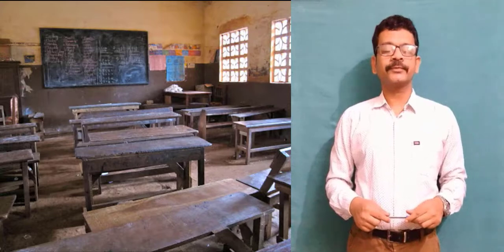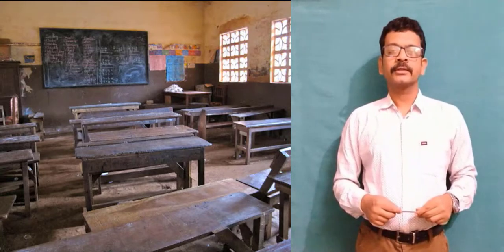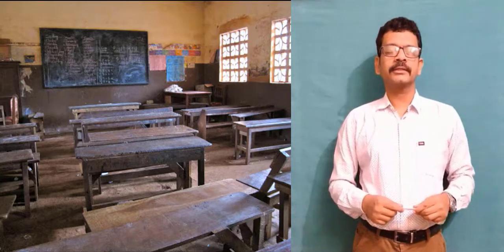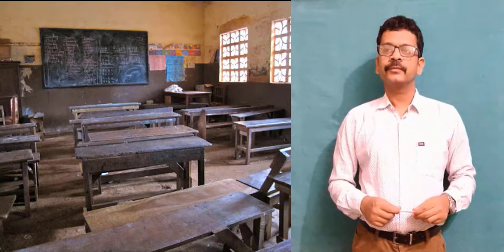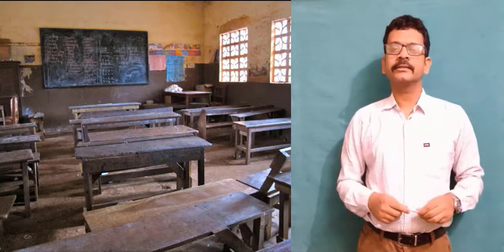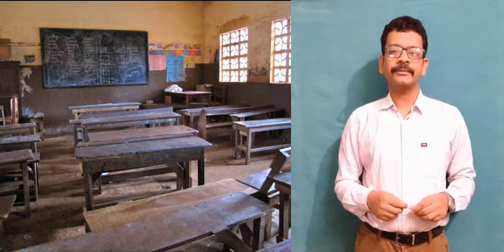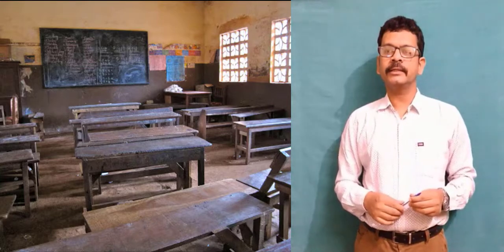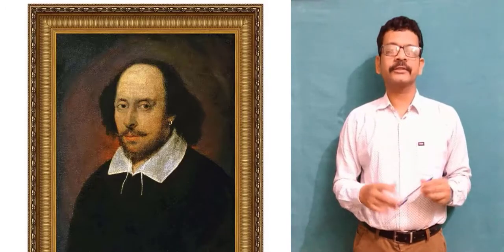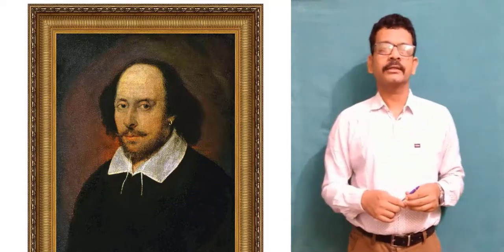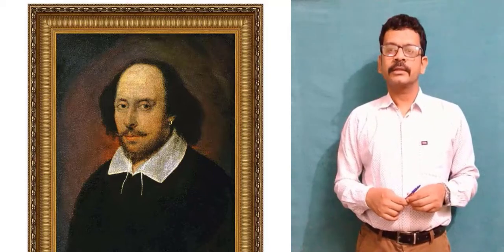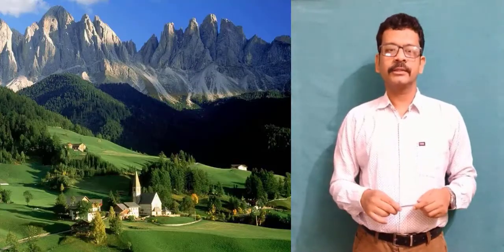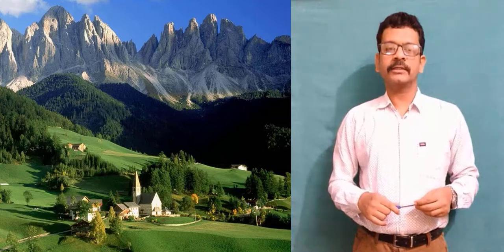Yes, now the attention of the poet turns to the classroom. He finds that the classroom walls are cream color, but they are very dull. Perhaps they were painted long back by some money donated by people. Donations refers to that money donated by some people, and another thing he discovers is a portrait of Shakespeare hanging on the wall. And some other paintings or photographs, very beautiful scenery, the flowery Tyrolese Valley.